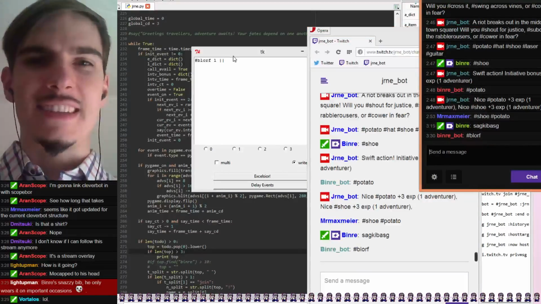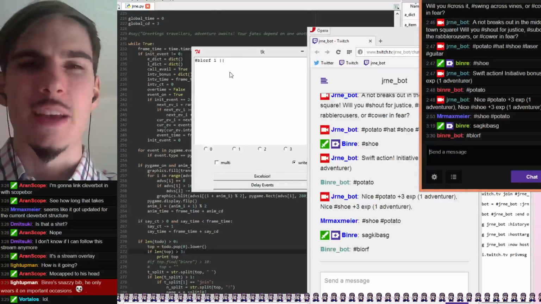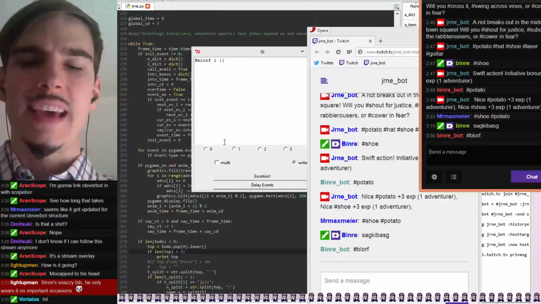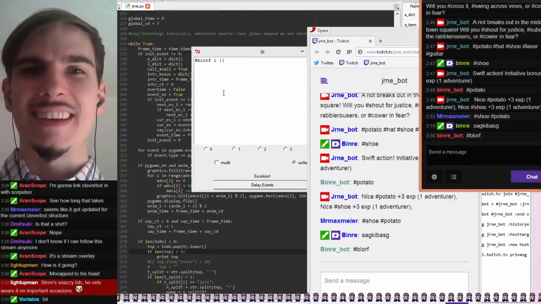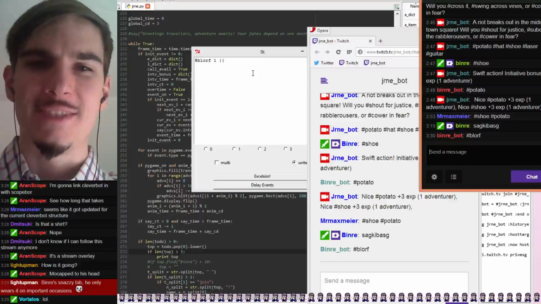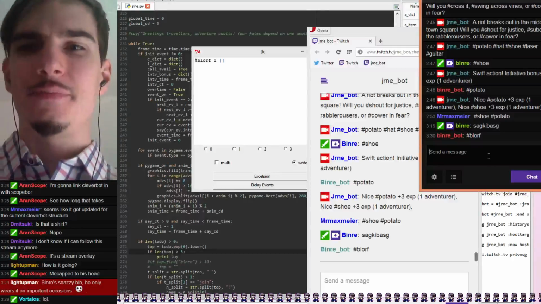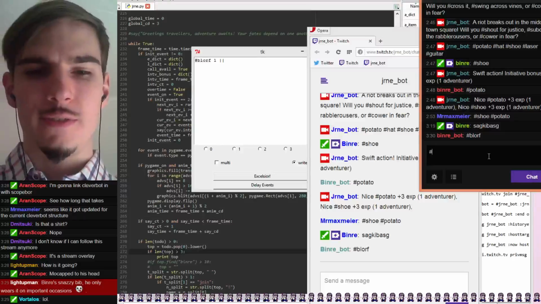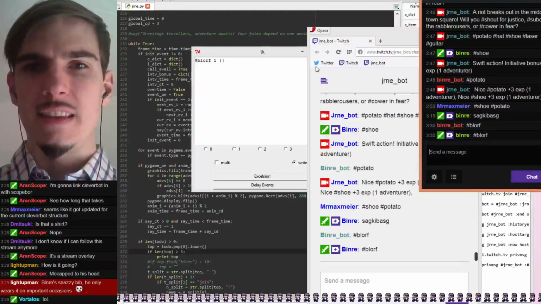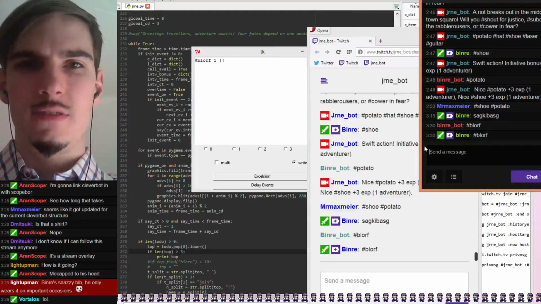Yeah, all right, so it is in fact active. I should probably have some indicator that updates based on whether an event is active or not. Because at current, so wait, if we both do blorf, then it should show up as blorf 2.